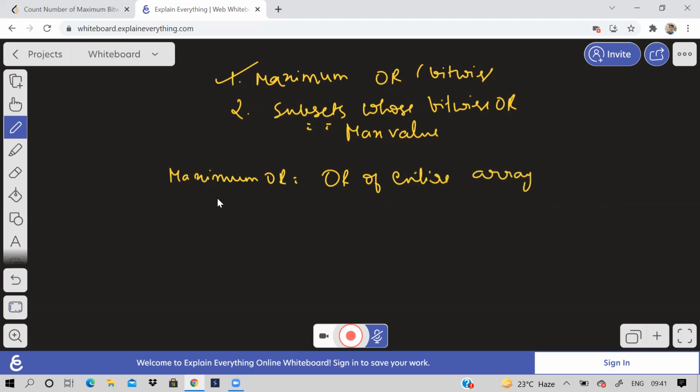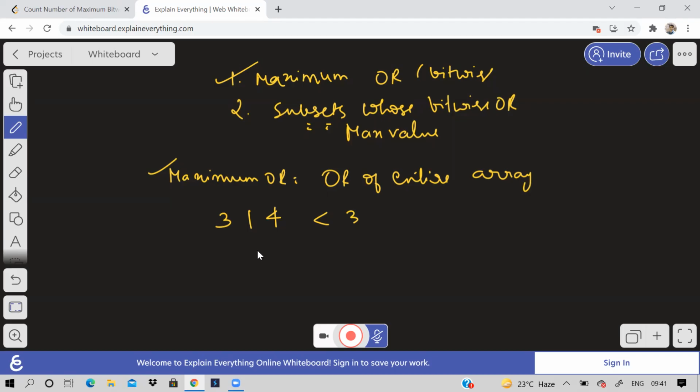The bitwise OR of the entire array will be the maximum OR because all are positive numbers. For example, see 3 OR 4, the OR of these two will never be less than 3 at least.